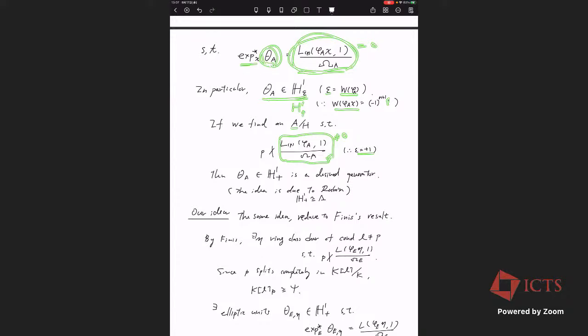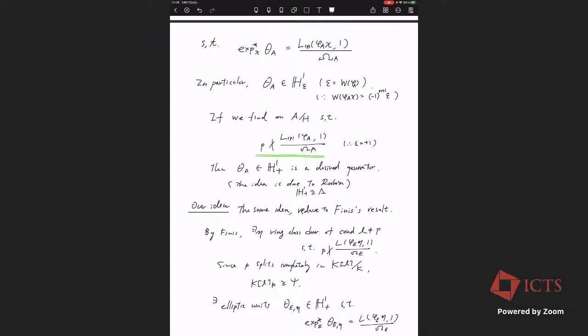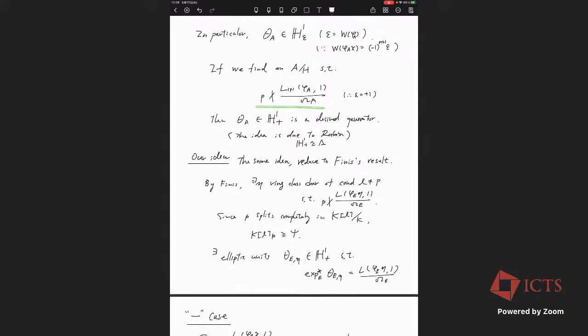And if we had such p-indivisibility, we can show theta A is the desired generator. This is Rubin's idea, and Rubin showed that H1 plus is free of rank 1 by using such theta A without this condition. In addition, if we have this, it suits proving Rubin's conjecture. And actually, the problem is that it is very difficult to find A